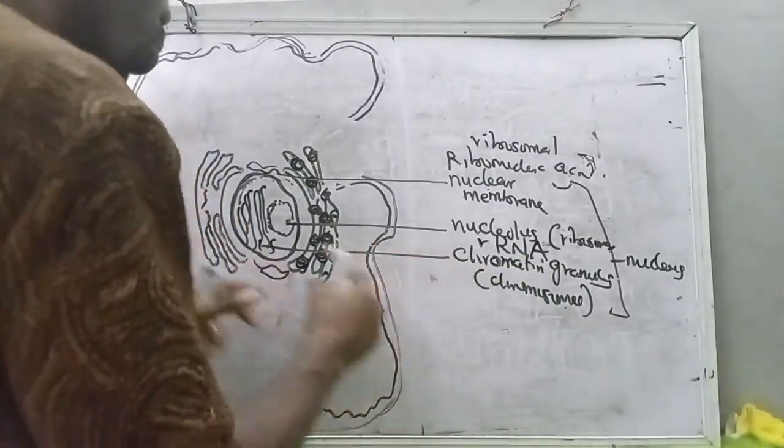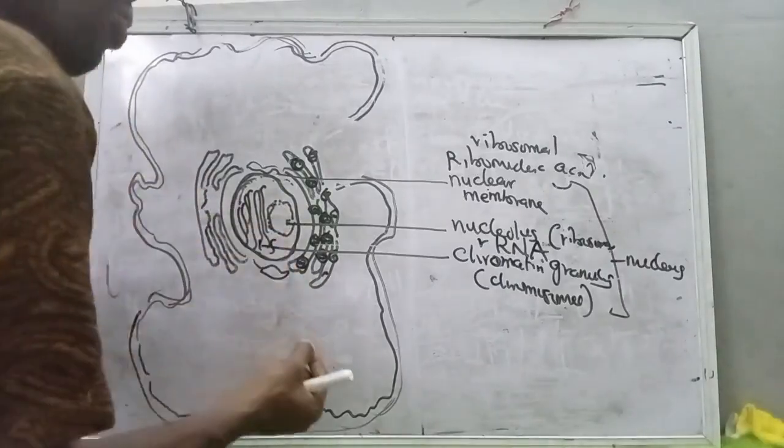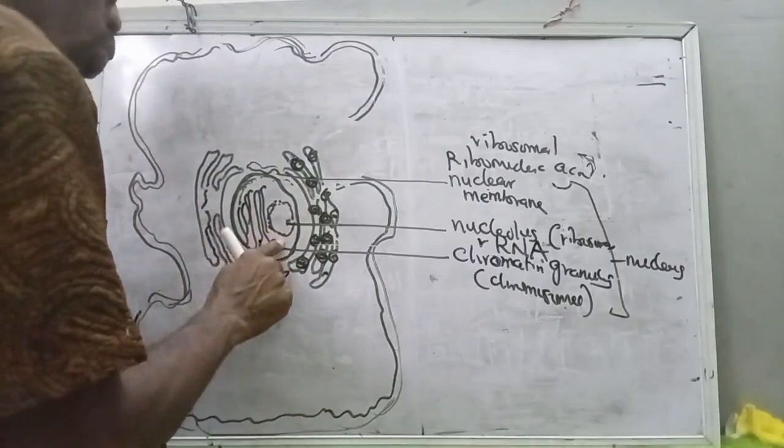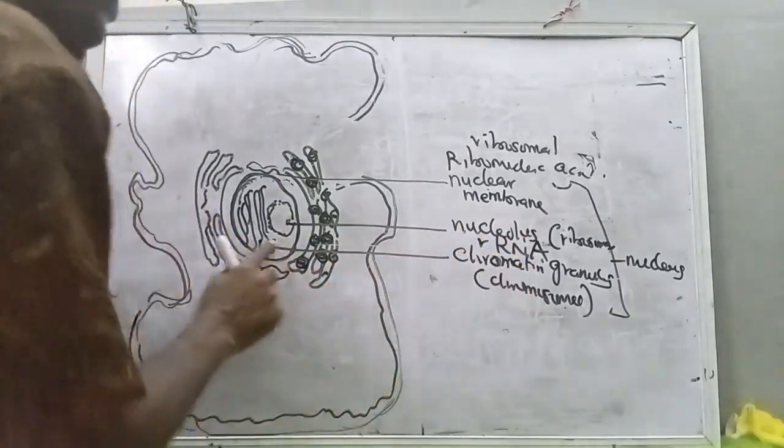So the nucleus is found at the center of the cell. Is that clear? Inside of the nucleus, you have another little nucleus. That little nucleus is what we call the nucleolus. This nucleolus